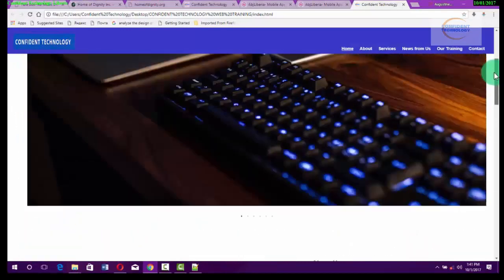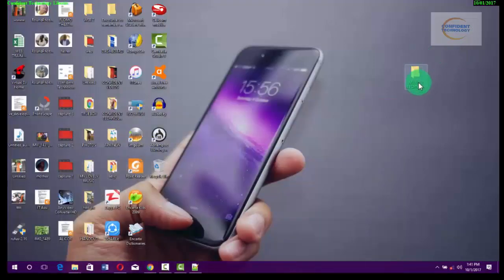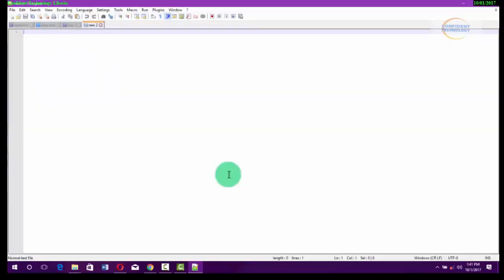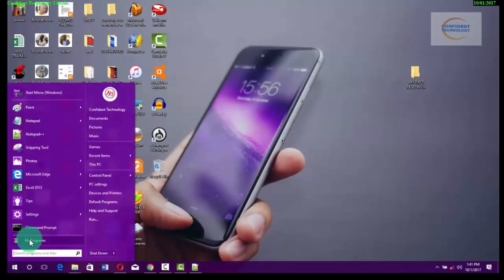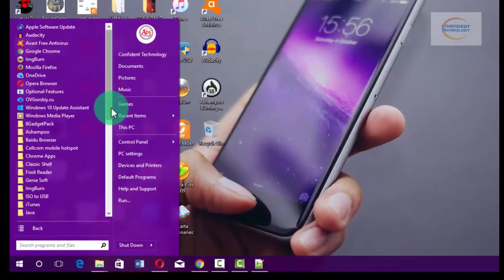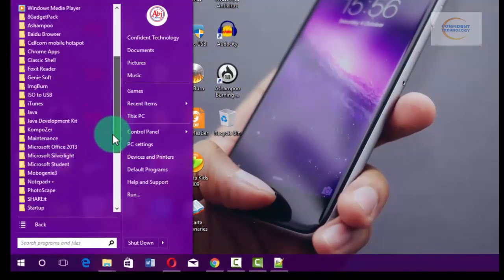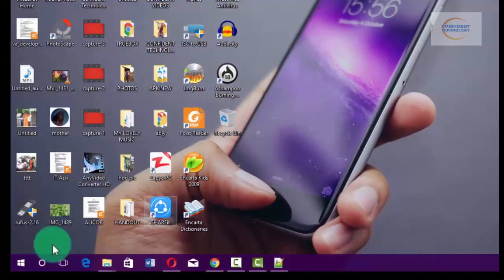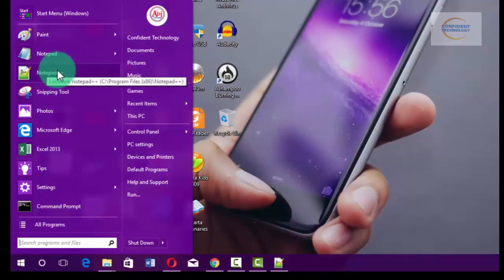graphic that you see on a website is in a particular folder called the global structure. You can name it any name you want, but for the tutorial we are going to name it My First Responsive Website. So after you do that, go and open your Notepad++, and by default Notepad++ will be in All Programs, and in All Programs you're going to see Notepad++,